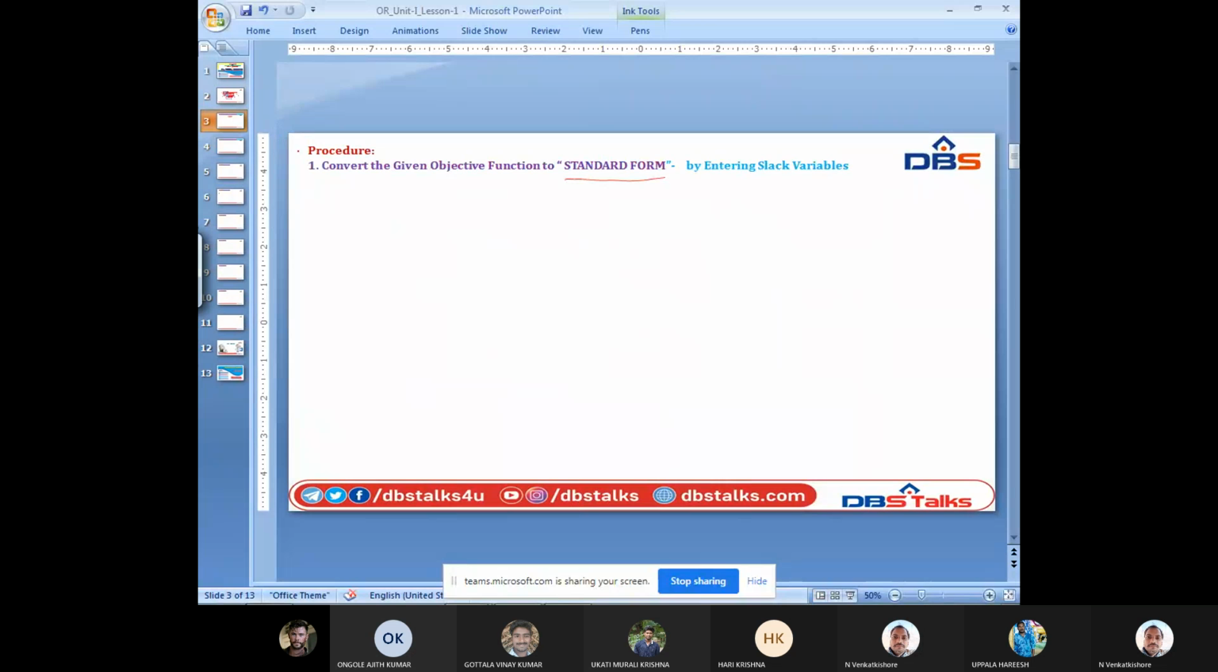Standardized form means firstly we have to write the objective function. The objective function is maximize z equals 3x1 plus 2x2 plus 5x3. Then the corresponding constraints, subject to. Before standardizing, this is called the objective function and these are called constraints. So remember that. Subject to